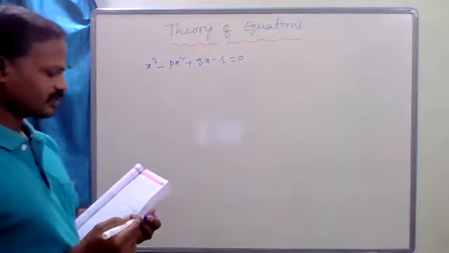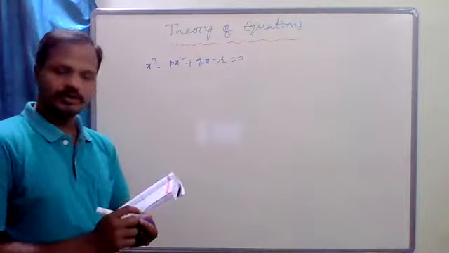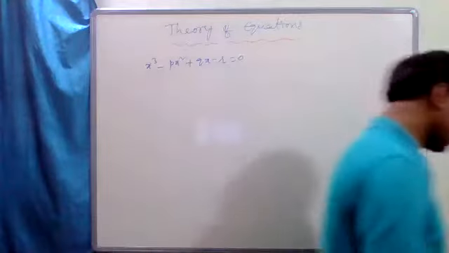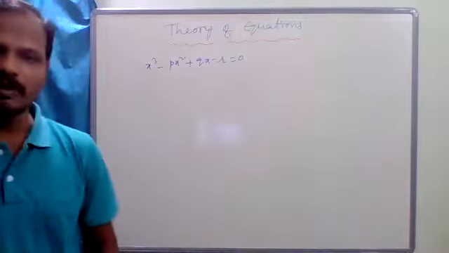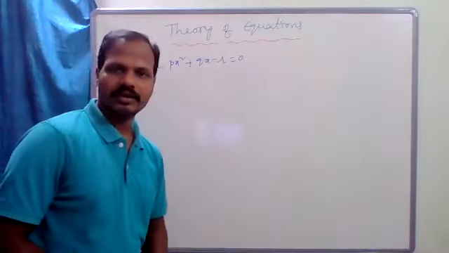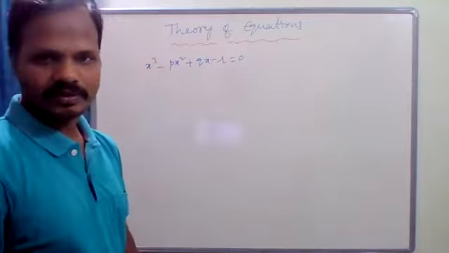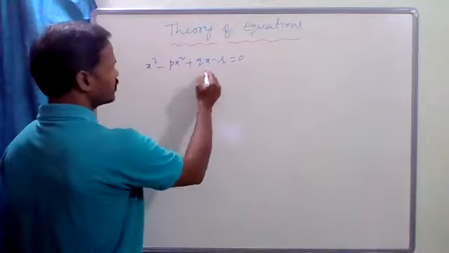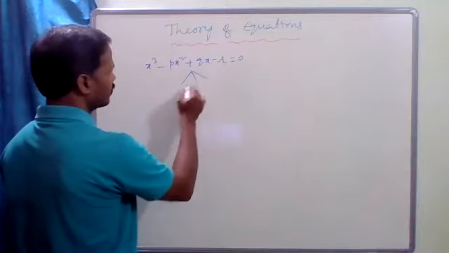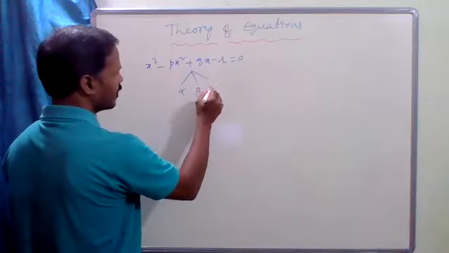Find the sum of the squares and the sum of the cubes of the roots. The problem is to find the sum of the squares and sum of the cubes of the roots. So if the roots are alpha, beta, gamma,